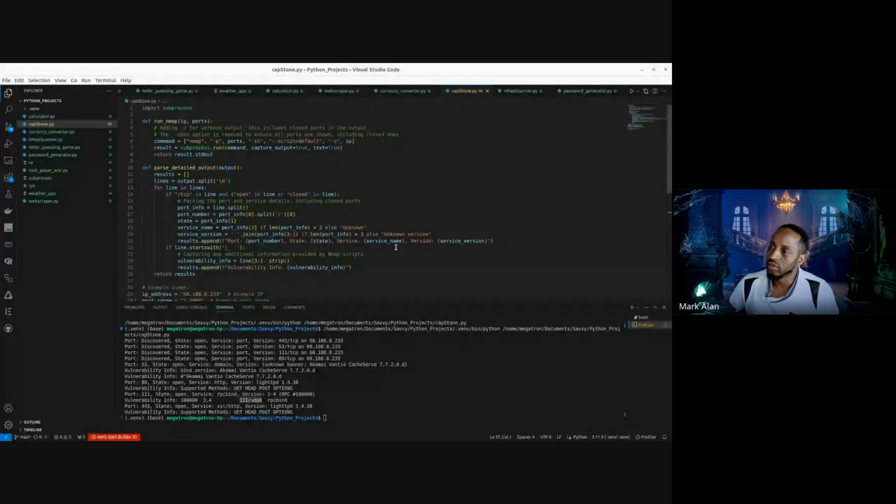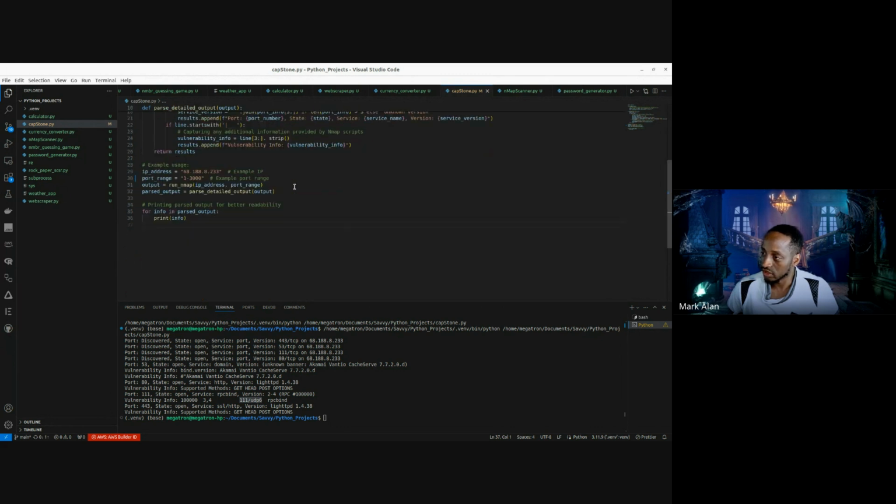Okay, so for my Capstone project for Savvy Coders, I created a Python script that does an Nmap port scanner. From what I understand, in the real world, you need to know what ports are going to be open and where you may be vulnerable. So what I did was I just made a quick Python script that scanned my personal IP address at home